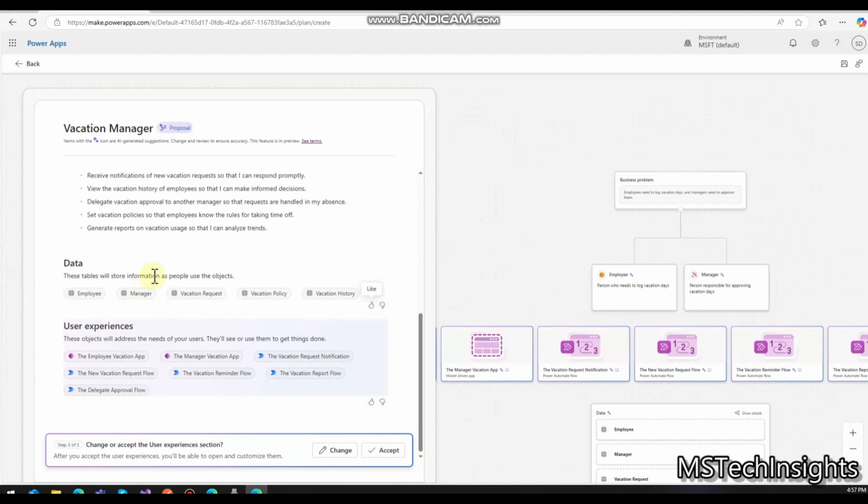So based on the Dataverse tables and the two roles, in this case employee and manager, it tries to create the applications and the Power Automate flows, if any are required. In this particular case, it has created two Power Apps applications: one is the employee vacation app and the other is the manager vacation app. And 1, 2, 3, 4 and 5 flows have been created: the vacation request notification, the new vacation request flow, the vacation reminder flow, the vacation report flow, and the delegate